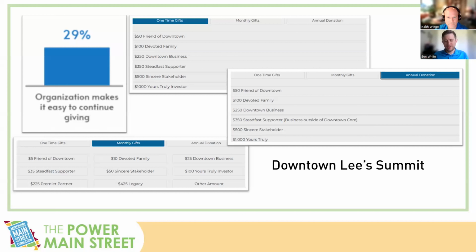So the purpose of this slide is we just want to make it as easy as possible for people to be able to donate to our organization. And so it's cutting out some of those barriers that people potentially could have for donating. And so if the donor is a recurring one, thank them for the donation and note the amount